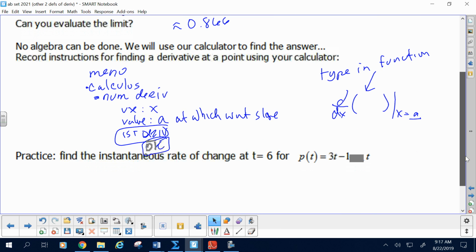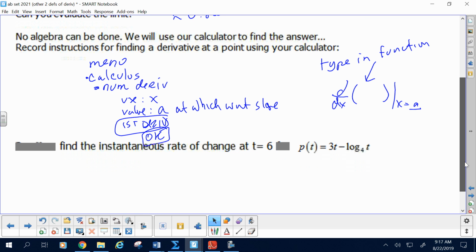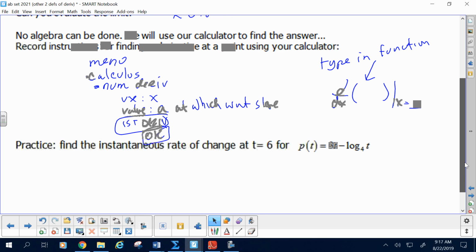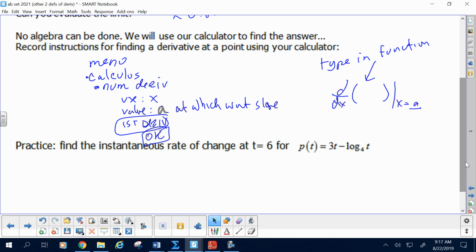Do we have time to do that? So try this one real quick. Use your calculator to find the instantaneous rate of change at t equals 6 while p of t is that. Now it's saying t's, but could you use x's? It's not going to know if you just said I'm going to use these x's. Is it going to know? No, that's not cheap. If you want to use x's, that's fine. If you want to use t's, fine. The slope would be the same, as a rose by any other name.